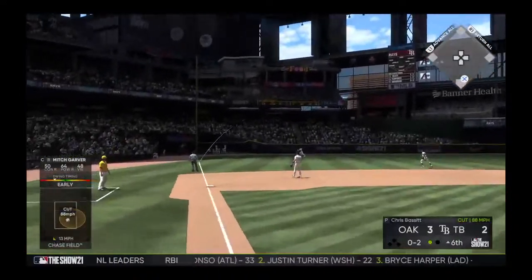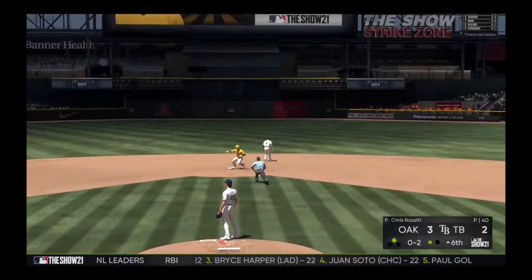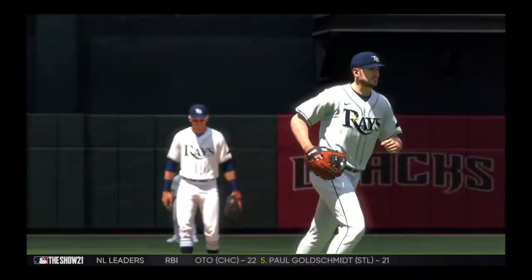Swing and a hot shot toward third, and that's into the outfield for a 1-out hit. And now it'll kick around in the corner. And he just blasts this thing down the left field line. I thought it might bend foul, but it lands just inside the...